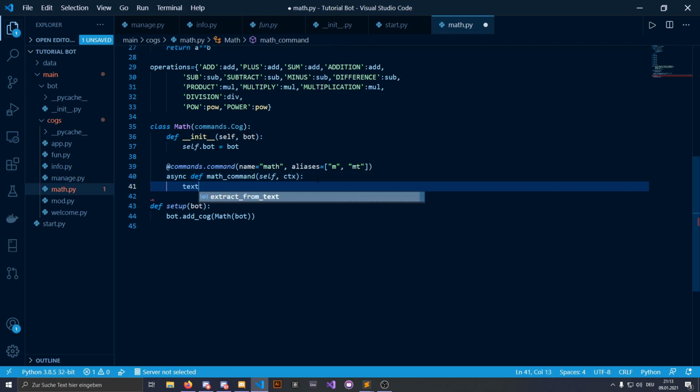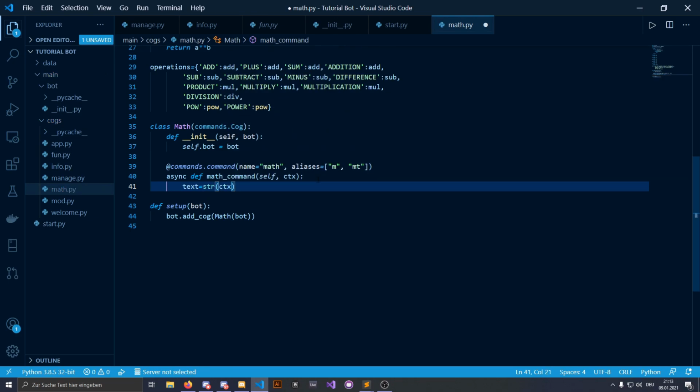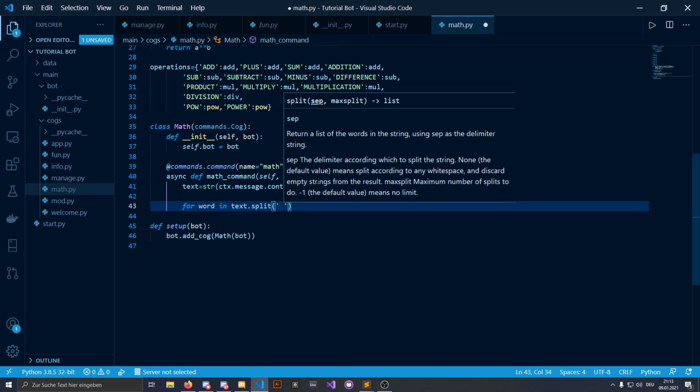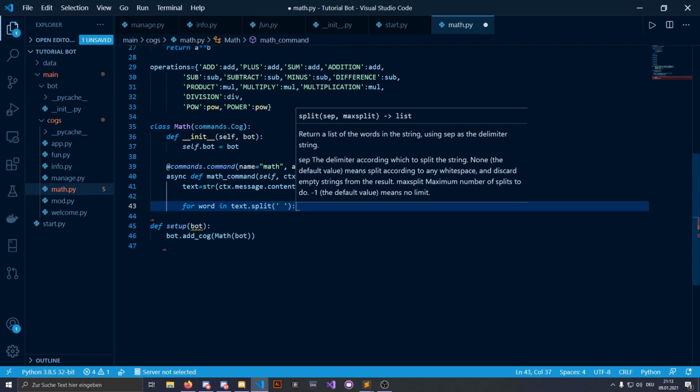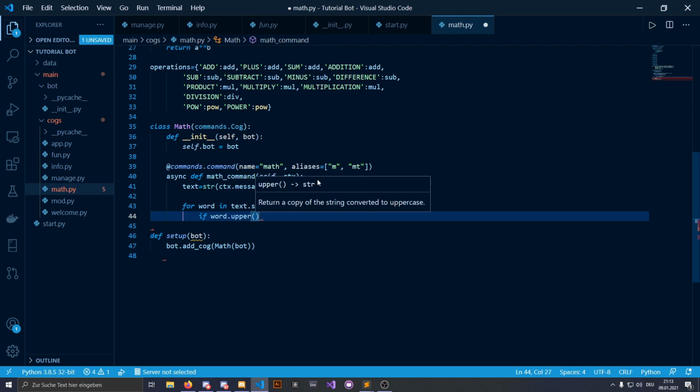With text equals str ctx dot message dot content. So we're taking the content from the message, and then we're making a loop again. So we say for word in text dot split, and we're going to split the text by every single word that's in there with the space. And we say if word dot upper, which is a function actually by Python, which puts every word in uppercase,